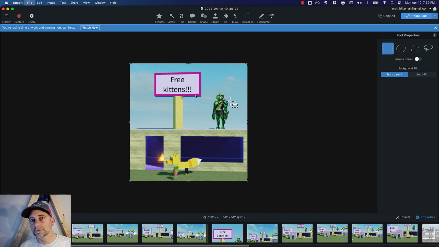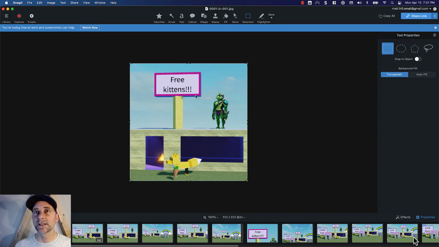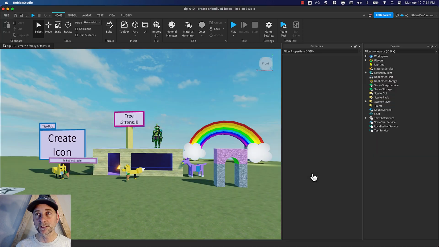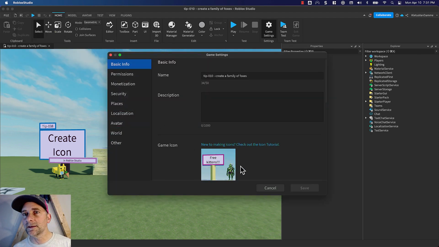And then I'm going to save this. And what do we call the last one? 0001 screenshot. So I'll call this 0001 thumb. Or actually, it's not a thumb, it's an icon. And it's good to have simple naming conventions, but that are logical, so you can easily find stuff. So I'll save that, and then we'll go back to Roblox, and we'll go to File, Game Settings, and look